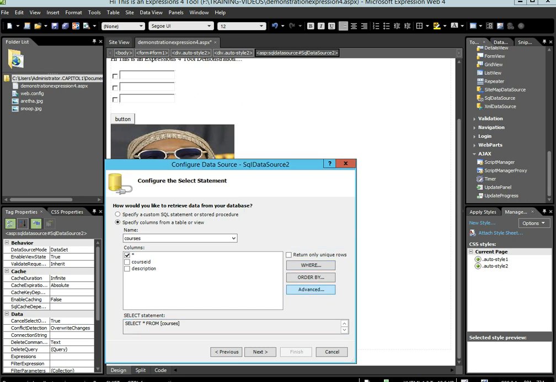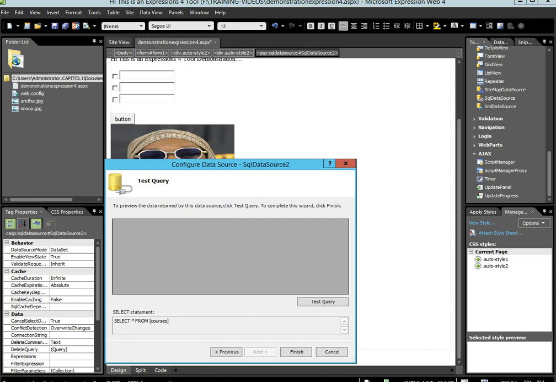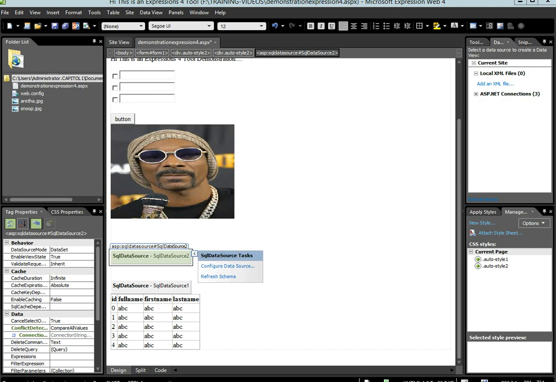Now you can add order by and other things later, but I recommend not doing it initially and just clicking next, and you can even test your query, and you can see that my same values are there. So you know already that Expression 4 is working, and I'm going to click finish, and now data source 2 is